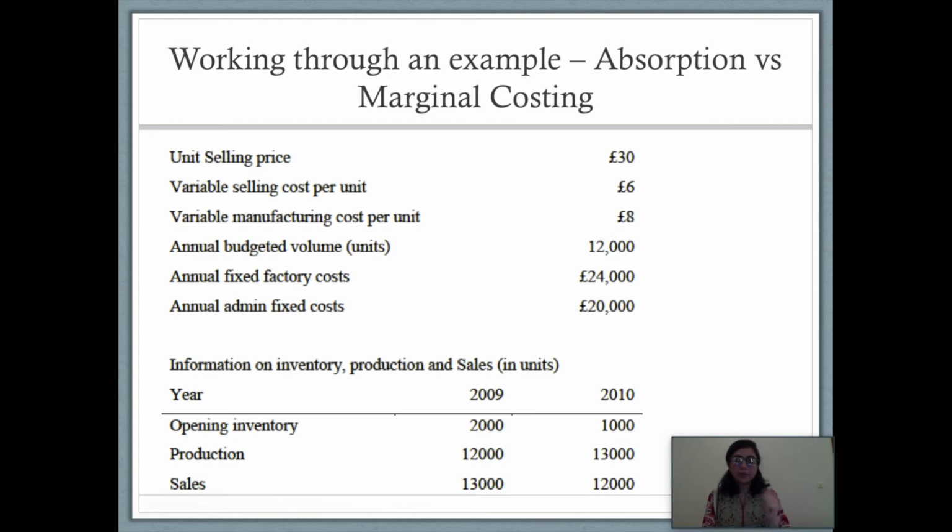2011 zone A. So the question, I've not written the question because this was just a small part. Absorption and marginal costing is actually a small part of a bigger picture that we're going to do next, which is traditional absorption costing versus activity-based costing. So this question was related to activity-based costing, and the first part of the question stated that we need to calculate the contribution and the net profit using both absorption and marginal costing. Move on to calculating it.